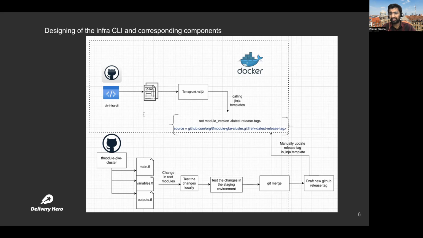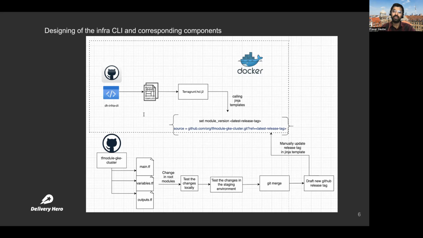They are pretty useful to call the respective required modules. So in the main template file, you'll see multiple blocks calling the respective Terraform modules, and the DH infra CLI adds or removes blocks based on the YAML definition being passed to it, which I'll explain in